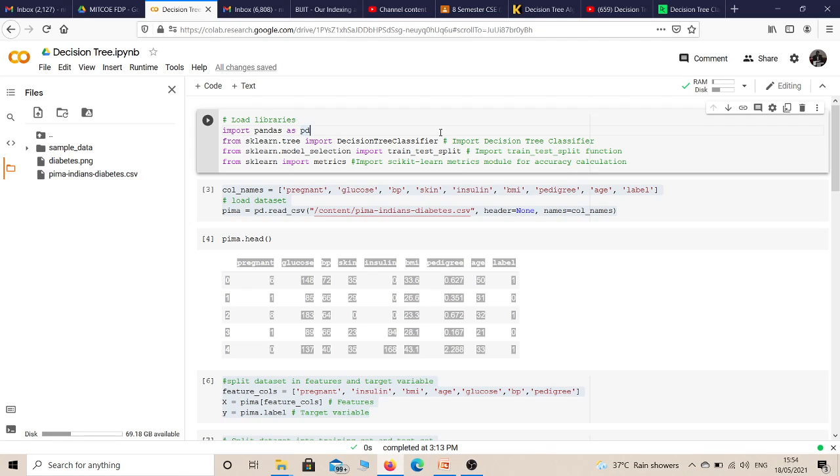Suppose my data set consists of a total of 100 rows, so I need to split it into different ratios. Let's say 70-30, 70% used for training and 30% for testing. There is no specific thumb rule for how to split the data set, but generally we use 70-30 or 80-20. You can change it, not an issue. It's a hyperparameter. You can change it to 70-30, 80-20, 75-25, a number of combinations you can try. So in order to split your data set, we are using the ready-made function which is also available in the sklearn library, that is train_test_split.